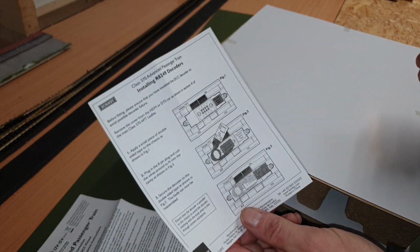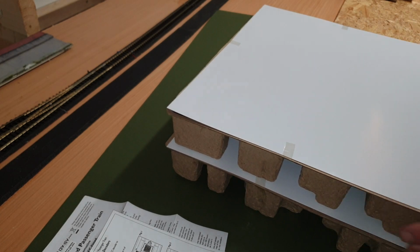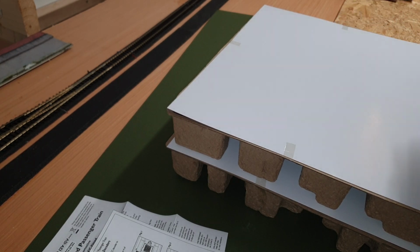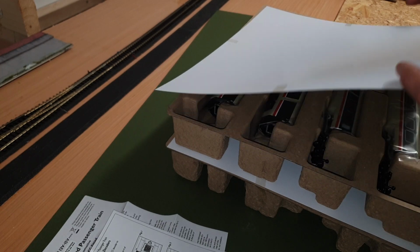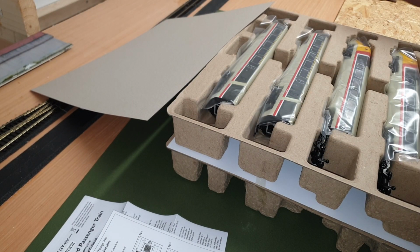and on how to fit the decoders, which I haven't got any decoders for it at the moment, so unfortunately it literally will be just looking at how it comes out rather than running it today, which is a shame. But next week I'll be buying the decoders and then we can have her running properly. So,